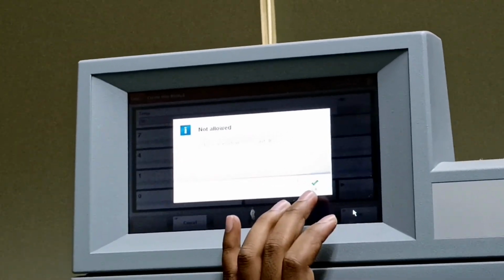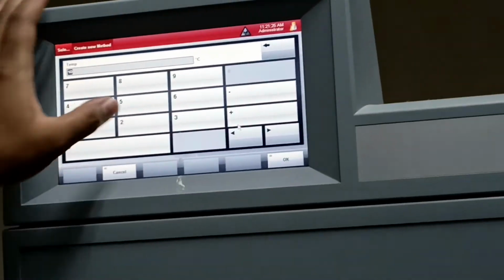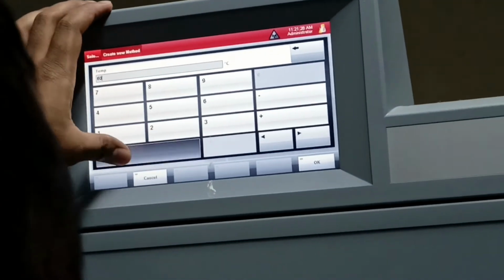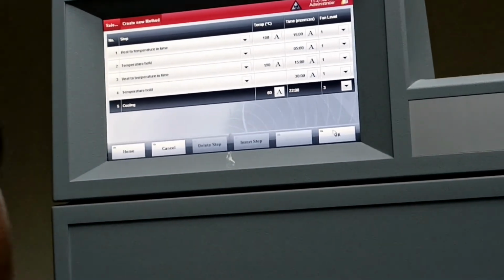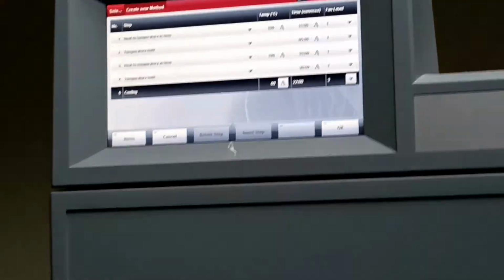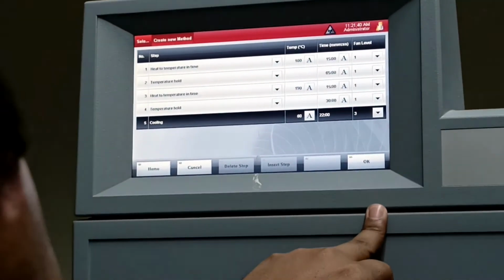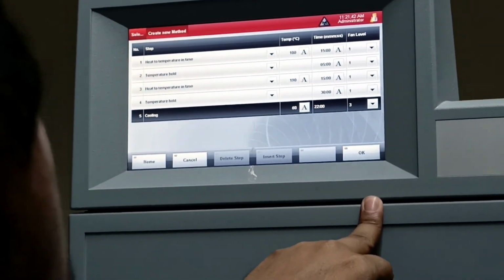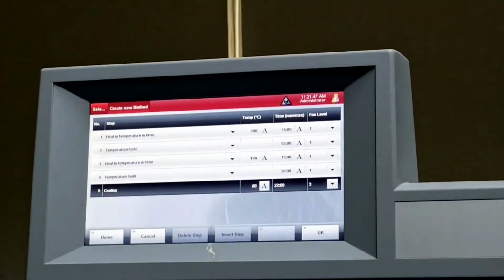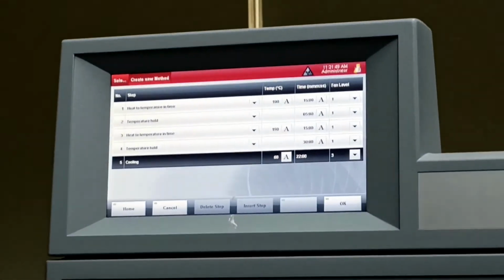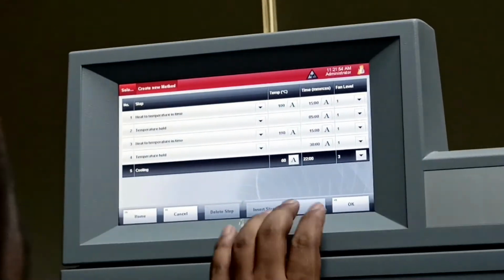It says enter value between 30 to 70 degrees. So you can put in between that range. We put 60. So it is 60 degrees centigrade, and you select OK. The fan level speed will be 3. Automatically in the cooling stage it will be fan level 3. Done? Okay, then the last step.